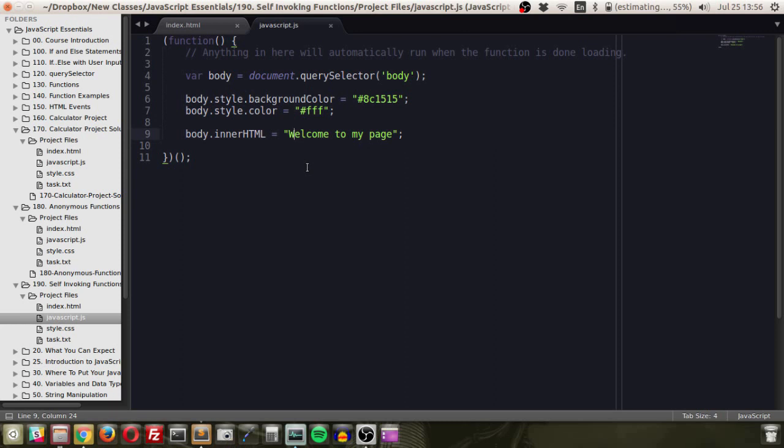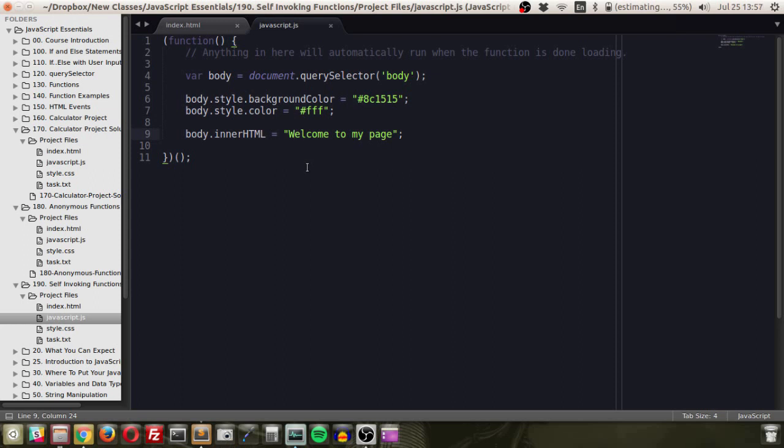Should you use them all the time? No. Are there times when you want to use them? Absolutely, yeah. Like for example, if you're loading a parallax library, you know how you scroll down the page and some items scroll at a different pace than the rest of the page? That's called parallax. And in JavaScript, you might want to load that immediately. As soon as the page starts loading your JavaScript, you want that to, boom, start loading